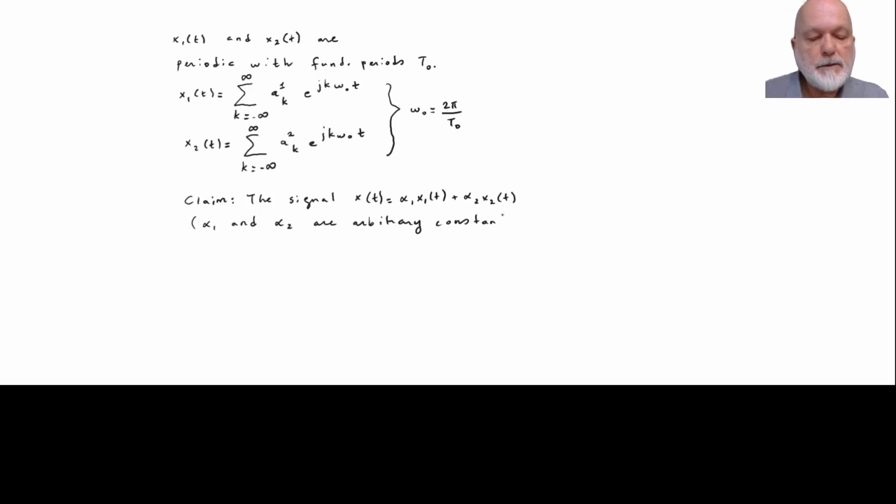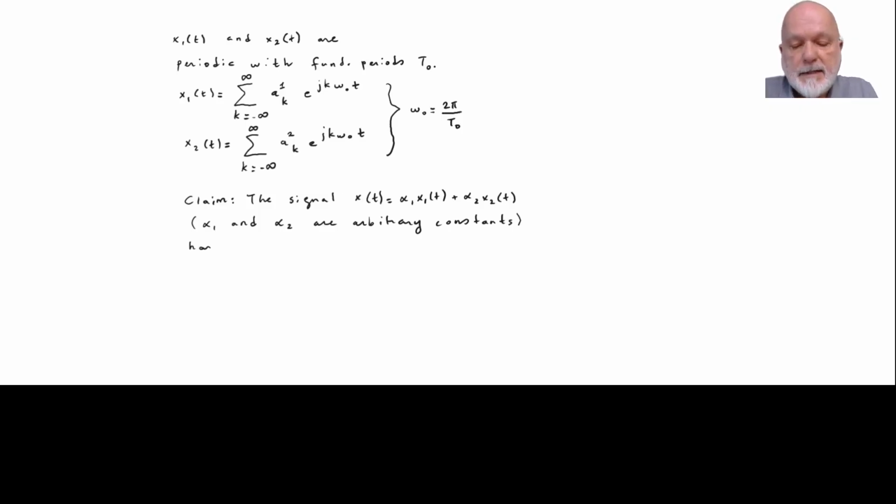They can be real or complex. The signal is in fact obtained by multiplying x1 of t with the constant alpha 1 and x2 of t with the constant alpha 2, and then we add the two expressions. The signal obtained by means of this operation